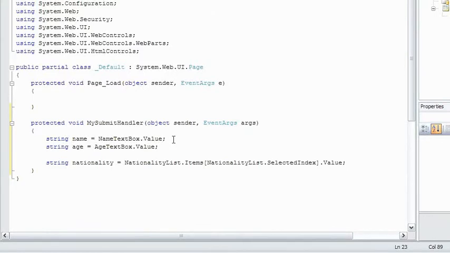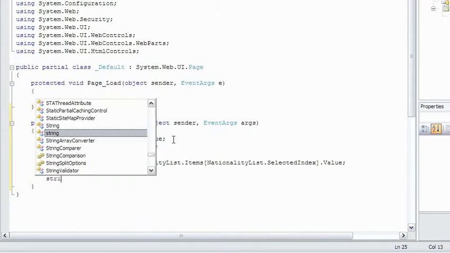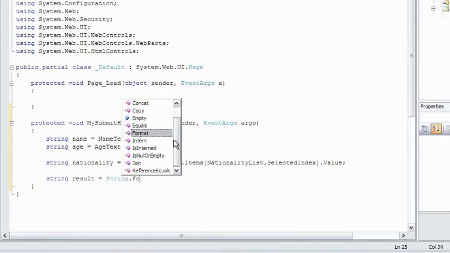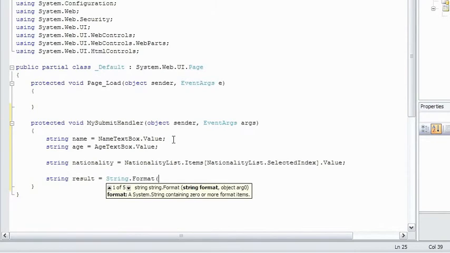So that's captured various bits of information. What I'm going to do now is build up a formatted string to display in the result label. So I'll declare myself a string variable, and we'll use the string format function to build up the formatted string. We'll specify the name as the first piece of information, and the age as the second piece of information,